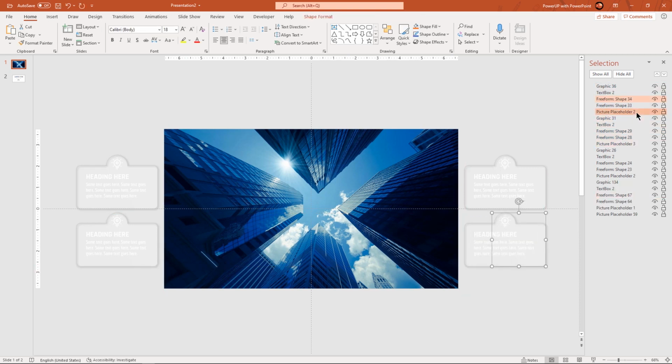This renaming will help us to locate the picture placeholders very easily and then adjust their images. Now delete the PNG icon from the duplicate set of shapes and then replace them with the new set of icons.